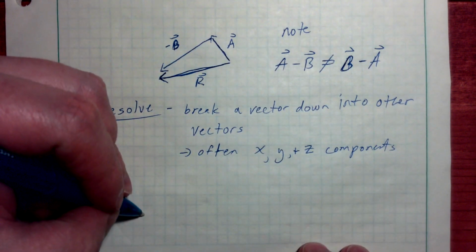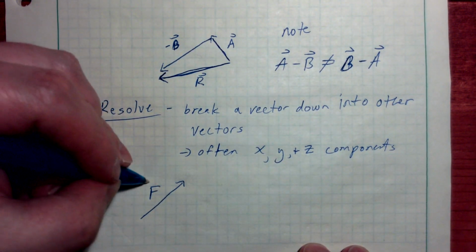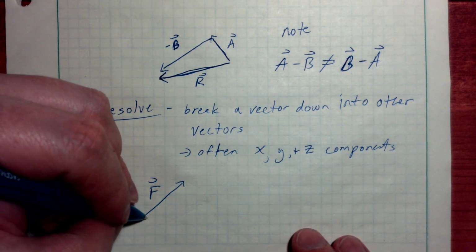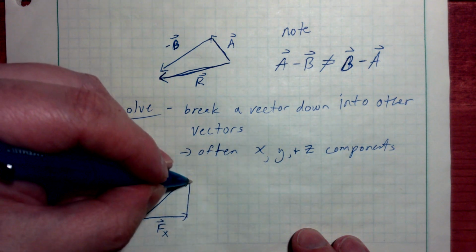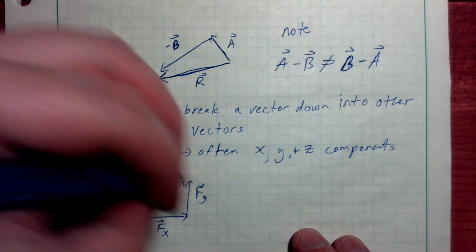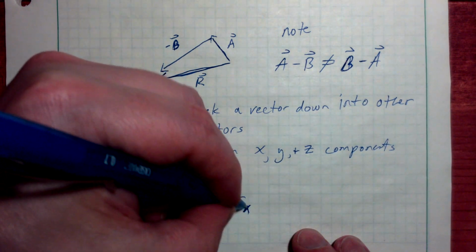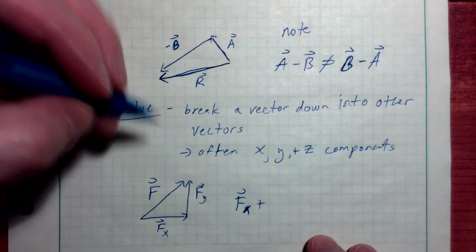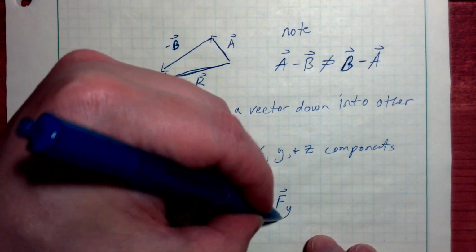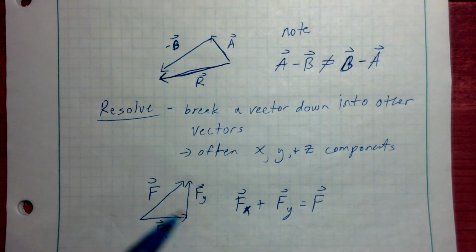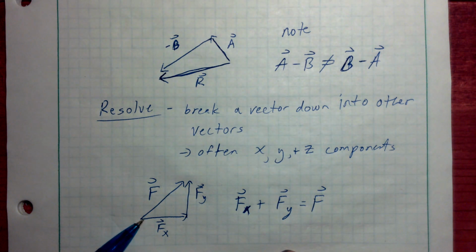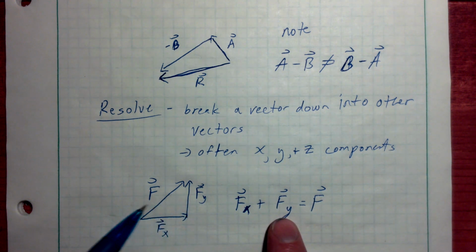Well, if I've got some force vector here, F, what I'm saying is I can break this into its components, its x component and its y component. And then if I add the x component of this vector F and its y component together, that gives me the total F vector, which you can see graphically here. If I start from the head of this vector, I add the y component, and I go from the tail of the x component out to the head of the y vector,